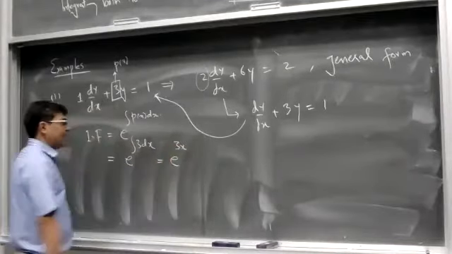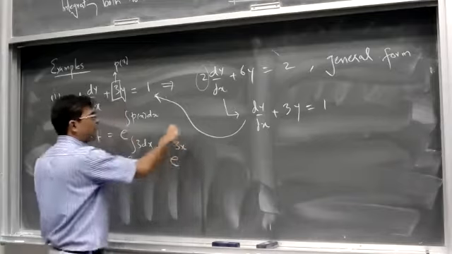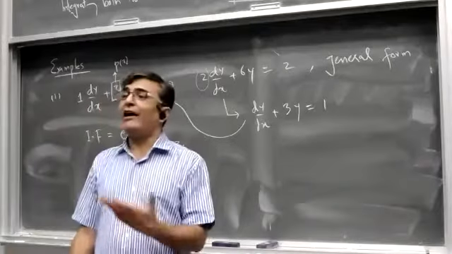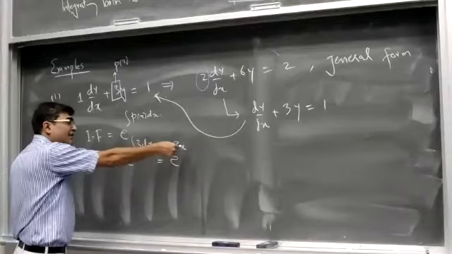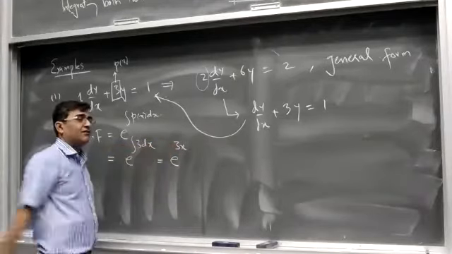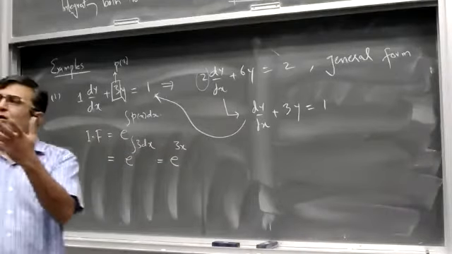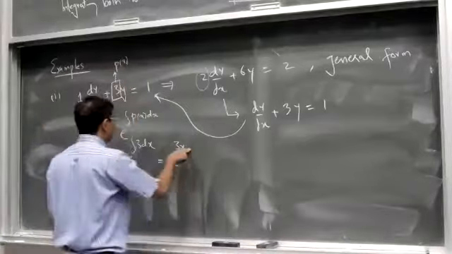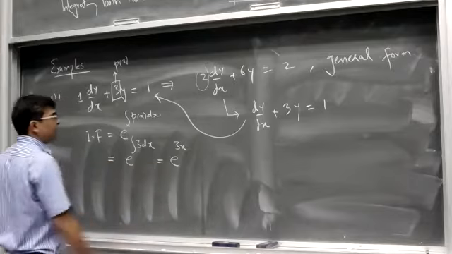So it becomes e raised power 3x. You don't have to add a constant here. Why? Because the constant in the exponential function doesn't change anything. Either you add it or not, it doesn't change your solution. So normally we do not add an integration constant here in the integrating factor. So once you obtain your integrating factor,